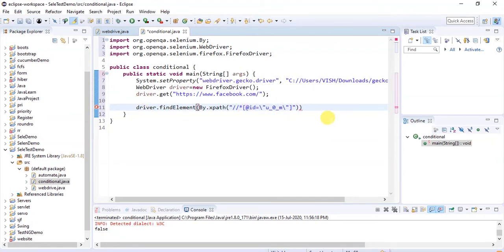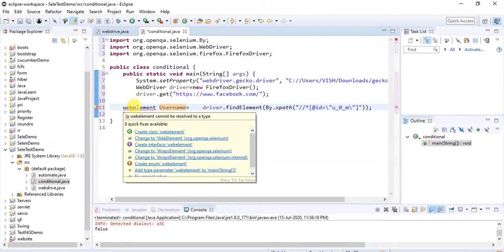We will store this in a WebElement to validate it, so the element is username.